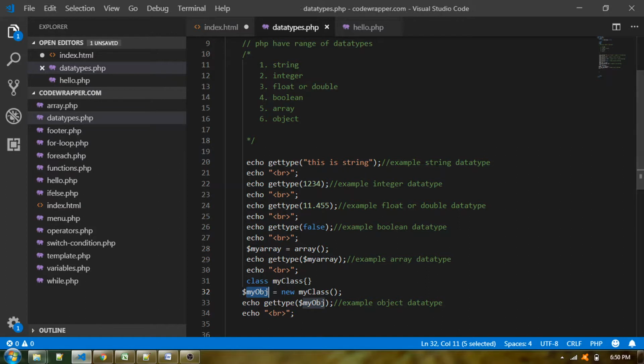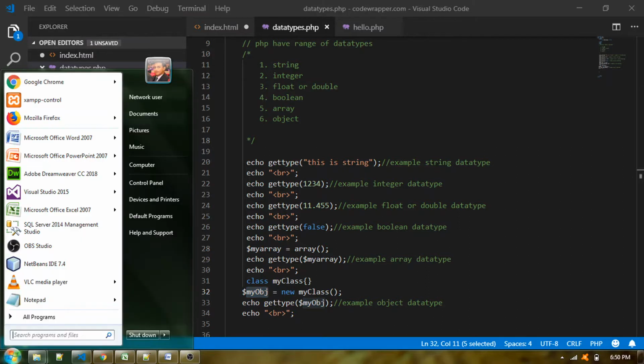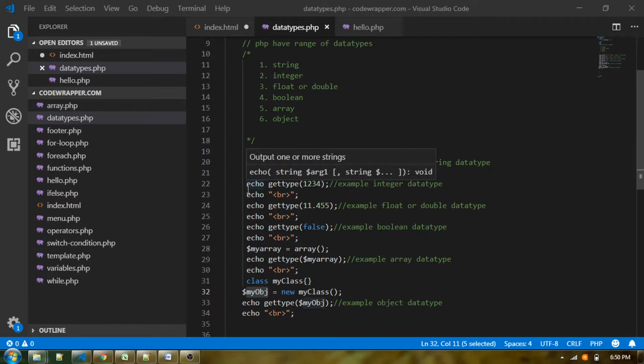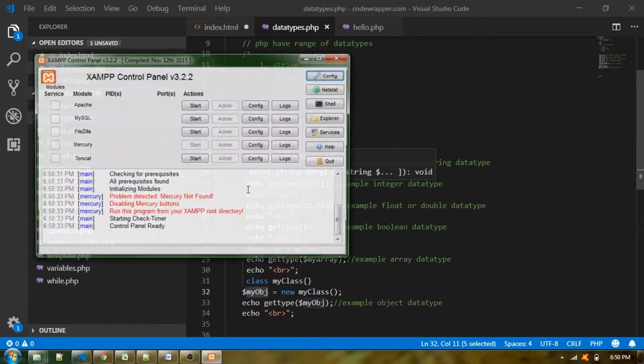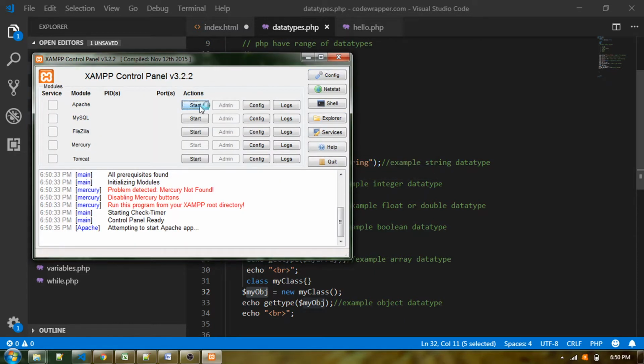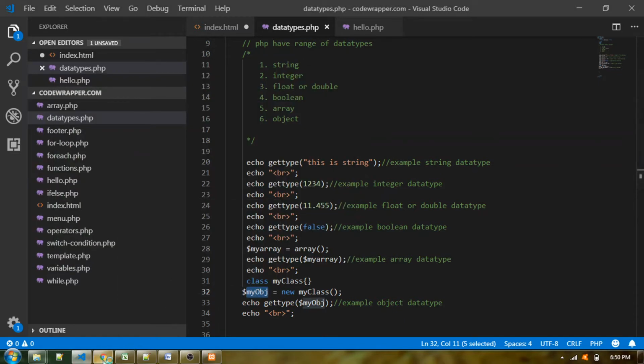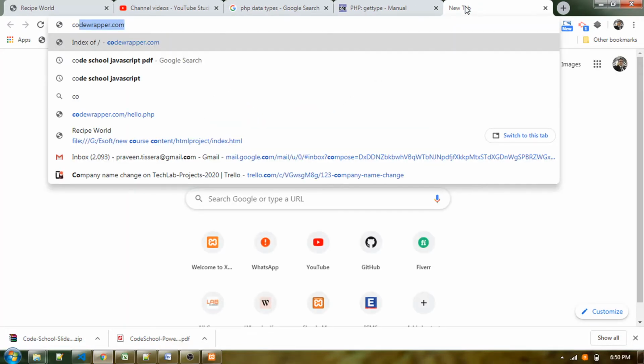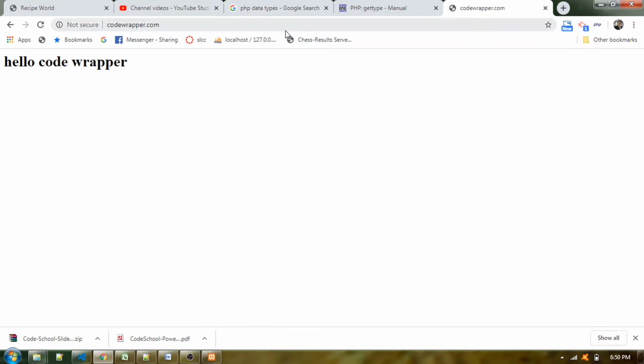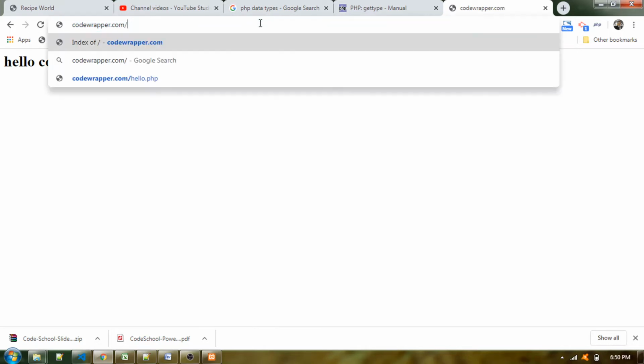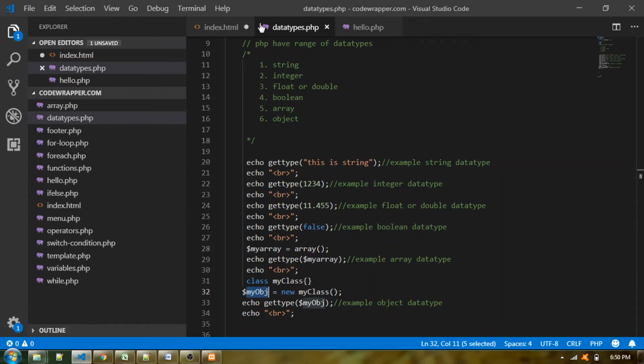So I'll save this file and then I will run my XAMPP server. Then I'll go to the code wrapper. Since we have an index file, it is already loaded into the browser, but this is a different file, that is data